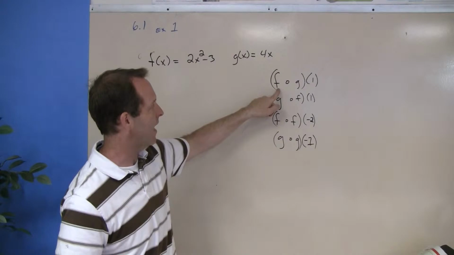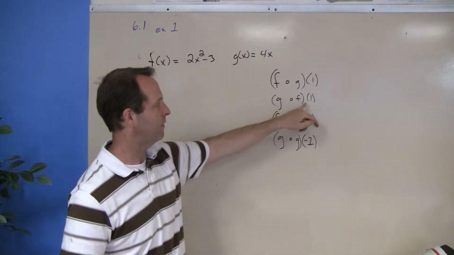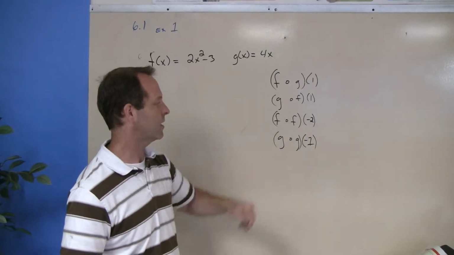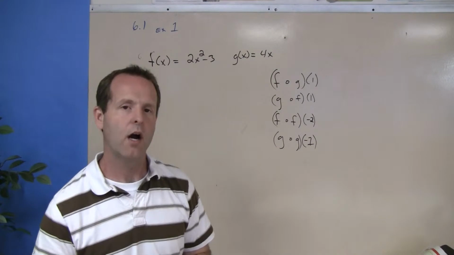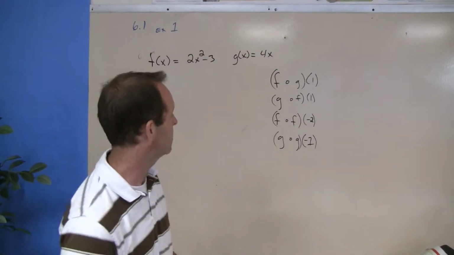The first one says f is composed with g at 1. G is composed of f at 1. F is composed of f at -2. And g is composed of g at -1. I'm going to go through these examples just to help you understand how to work with some compositions or composite